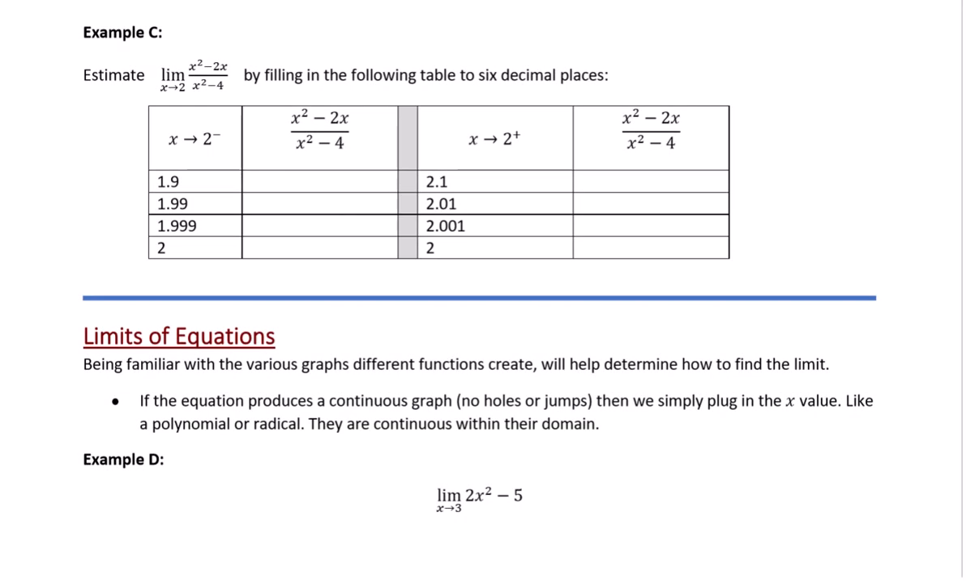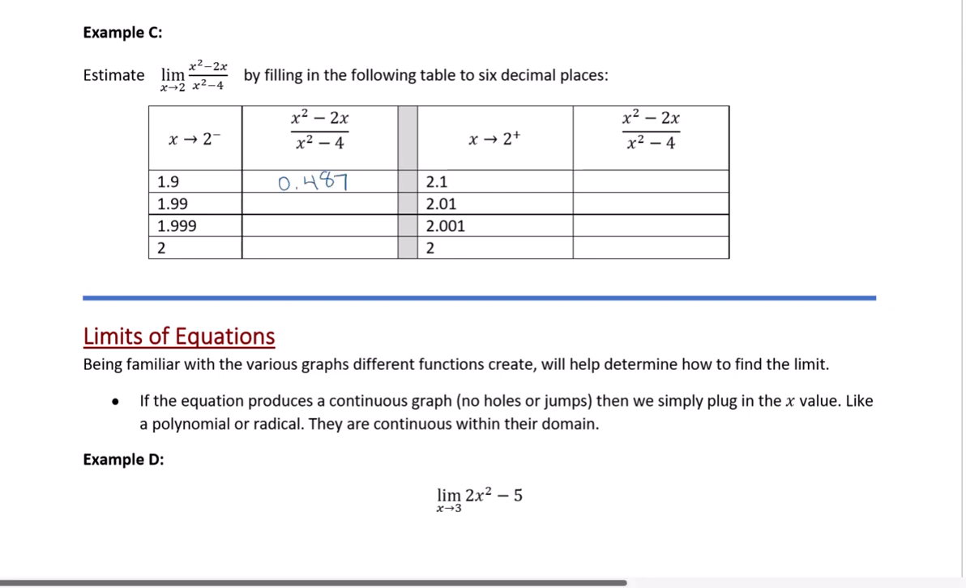Now in example C, they're asking us to estimate the limit as x approaches 2 of the function x squared minus 2x, all divided by the quantity x squared minus 4, by filling in the following table to 6 decimal places. What this table does is it gives us values less than 2, let's say 1.9, then 1.99, 1.999. Even though it's undefined at 2, if we were to put each of those values in for x into our calculator, for the first value of 1.9, we would get